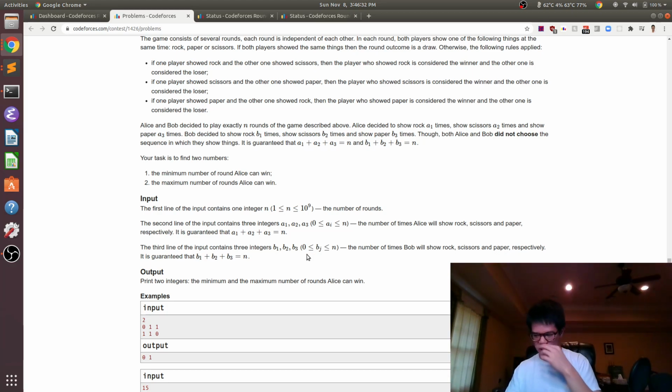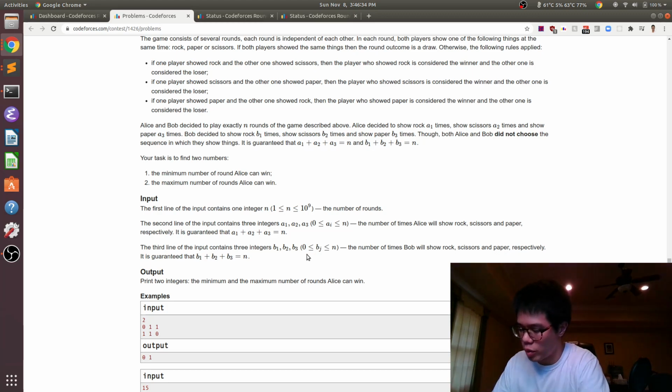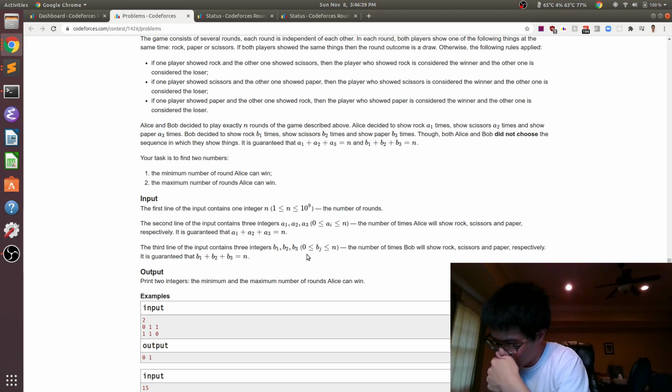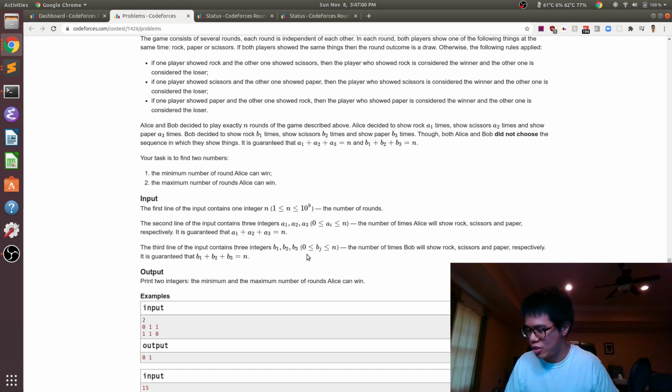So I'm trying to think about if there's a way we can just greedily match to get the minimum. I think the funny thing is, again, we could solve it by using maximum matching.